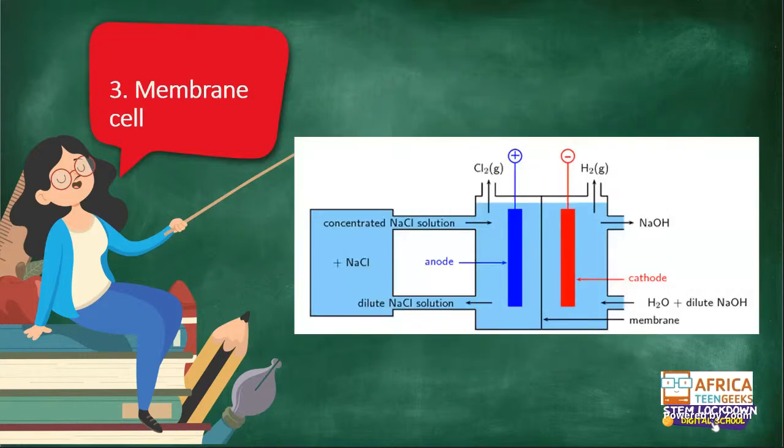So then we get to the last one, which is your membrane cell. And your membrane cell is probably the best one out of all of them. So what happens is, the only difference here is you now have a membrane that is ion selective. And what it means is that your cations can pass through here, but your anions can't. So based on what the charge of